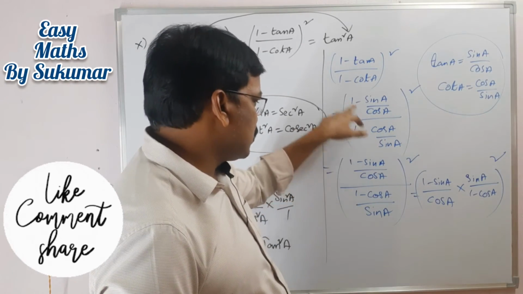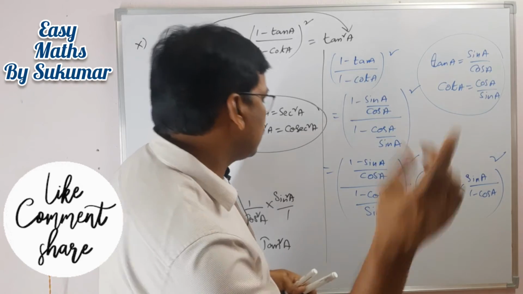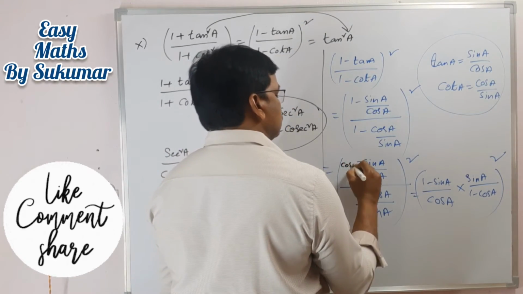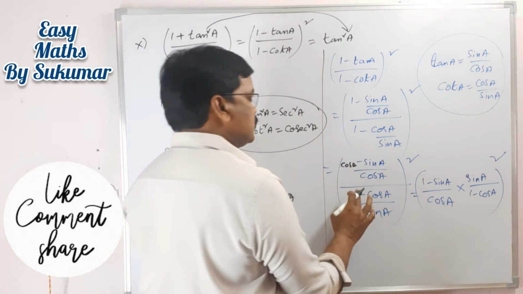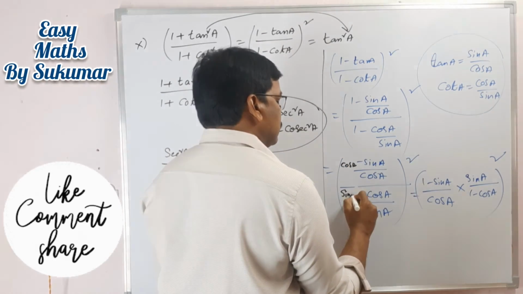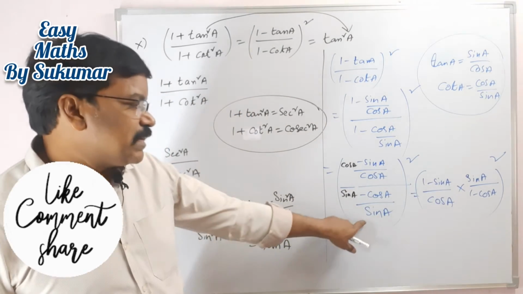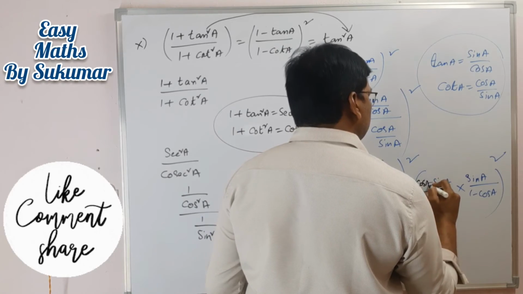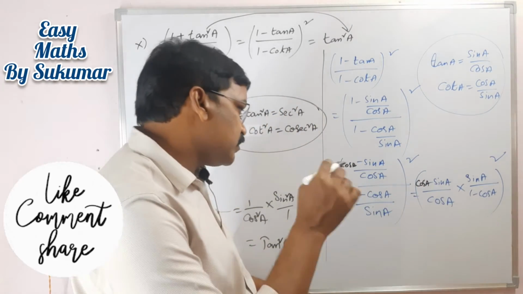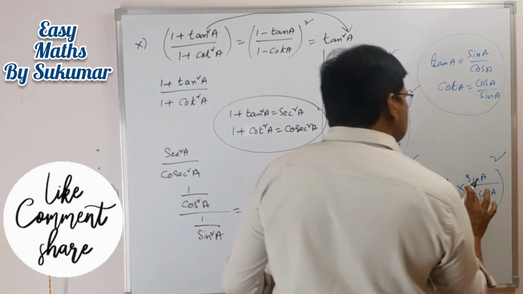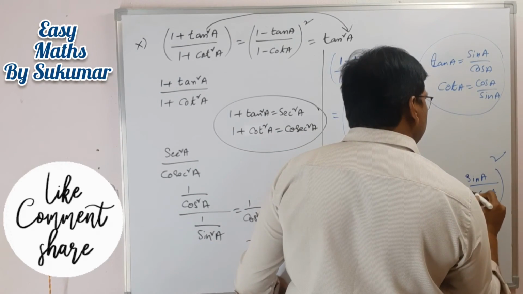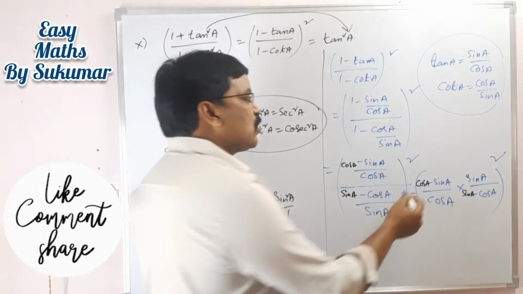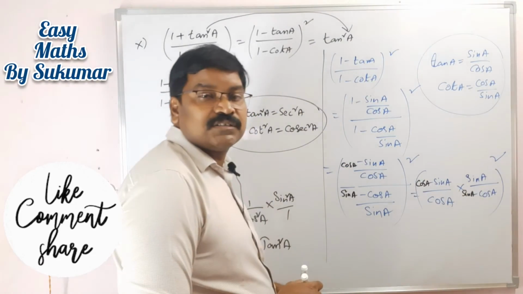So 1 minus cos a minus sin a, here I made a mistake, sorry. This is cos a minus sin a by cos a, and this is sin a minus cos a by sin a, right. So this is cos a minus sin a by cos a into sin a by sin a minus cos a, right. Now here, my dear students, if you observe, this is cos a minus sin a, this is sin a minus cos a. We cannot cancel them